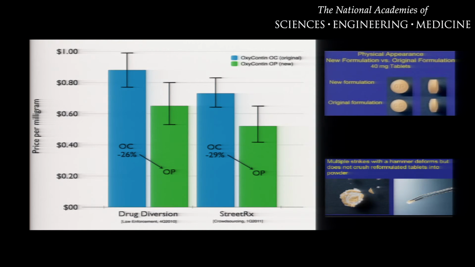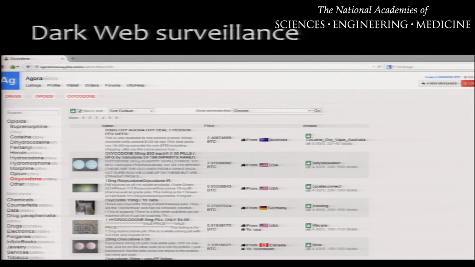But the reason we do this, before you get too horrified, is that there is real-world data value in understanding pricing. For instance, when OxyContin changed its formulation to something abuse deterrent, we saw the price drop dramatically. So we can use this tool to understand the public health impact of some of these products in the market, and how changes to those products are ultimately reflected in the price. And of course, it doesn't stop there. We're now into dark web surveillance and the opportunities of looking at this data through all sorts of other channels as well.